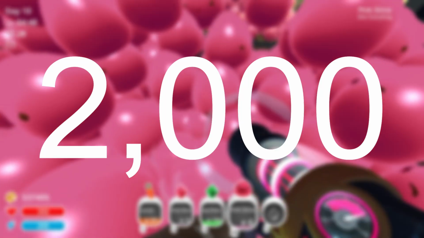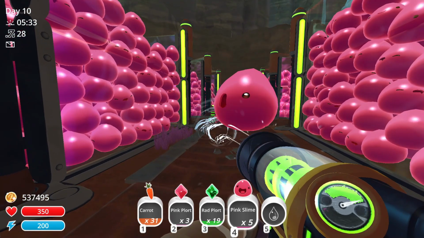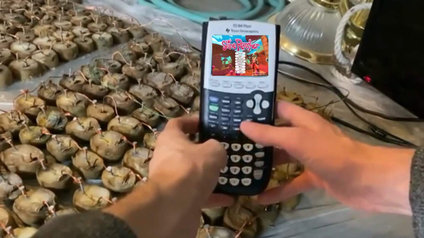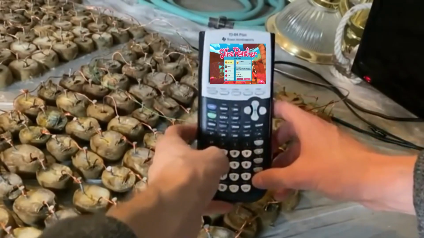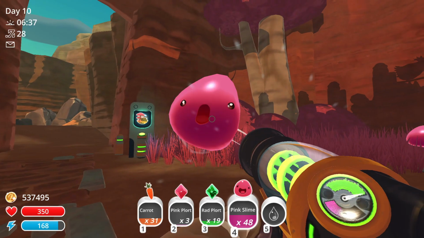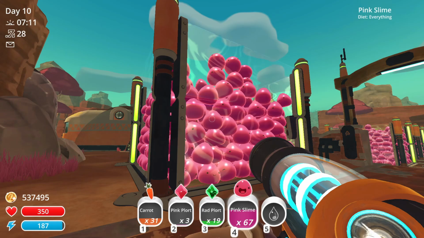At the 2,000 mark, the limits of the engine were beginning to show. My FPS was dropping so fast that it seemed I was playing the game on a potato. Ladies and gentlemen, we have Slime Rancher running on potatoes. What is worse is that many of these slimes were coming loose. They would jump out of the corrals, and I would try to either put them back or place them in